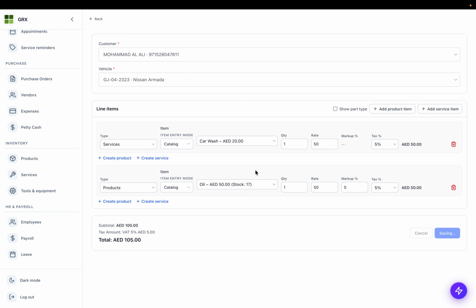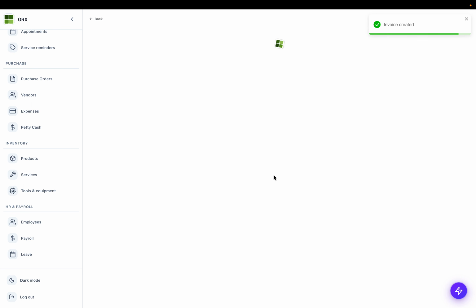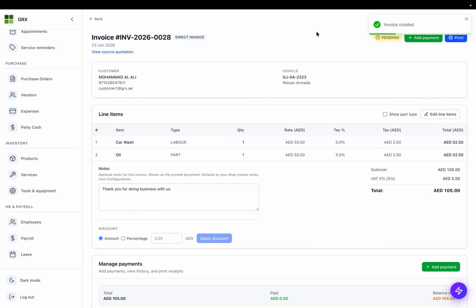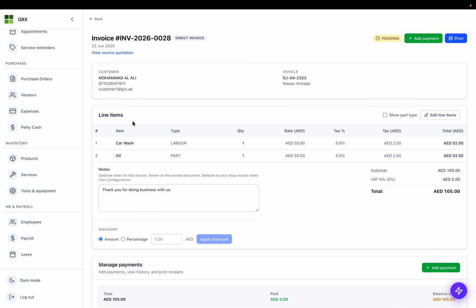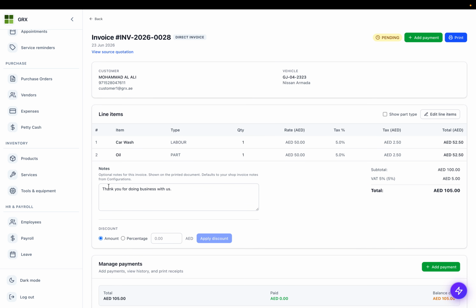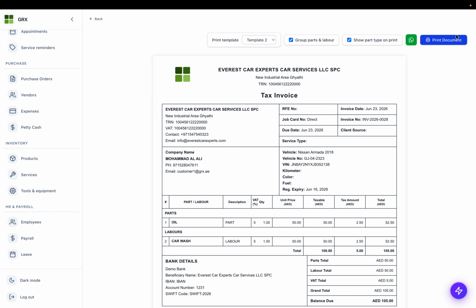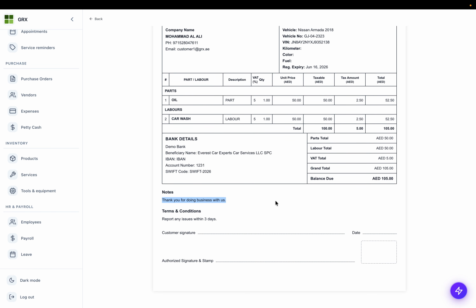So when you create invoice, at that time it will reduce the stock from your stock. Okay, and now whenever invoice is created, this note will automatically come when you do print at the bottom. Okay,